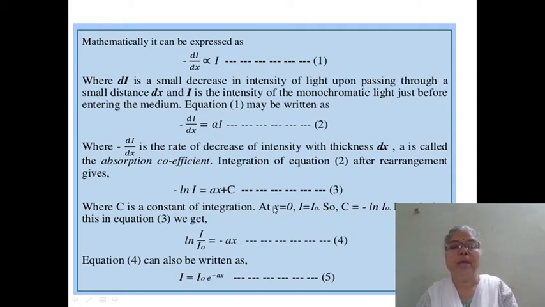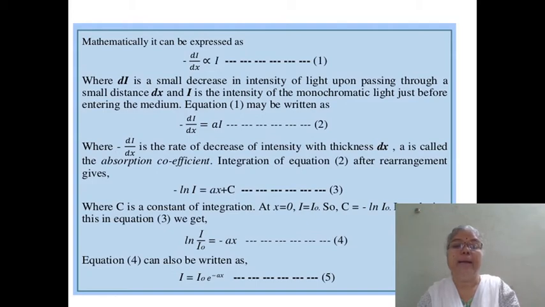And you know, when x is equal to 0, the intensity I is equal to I0. So c is equal to minus ln I0, and introducing this value of c in this equation number 3,